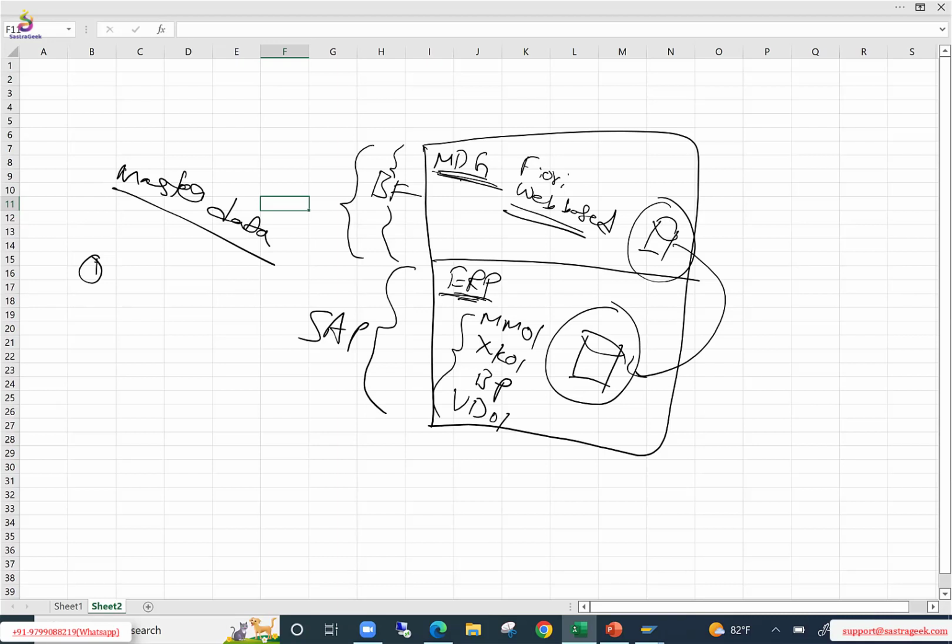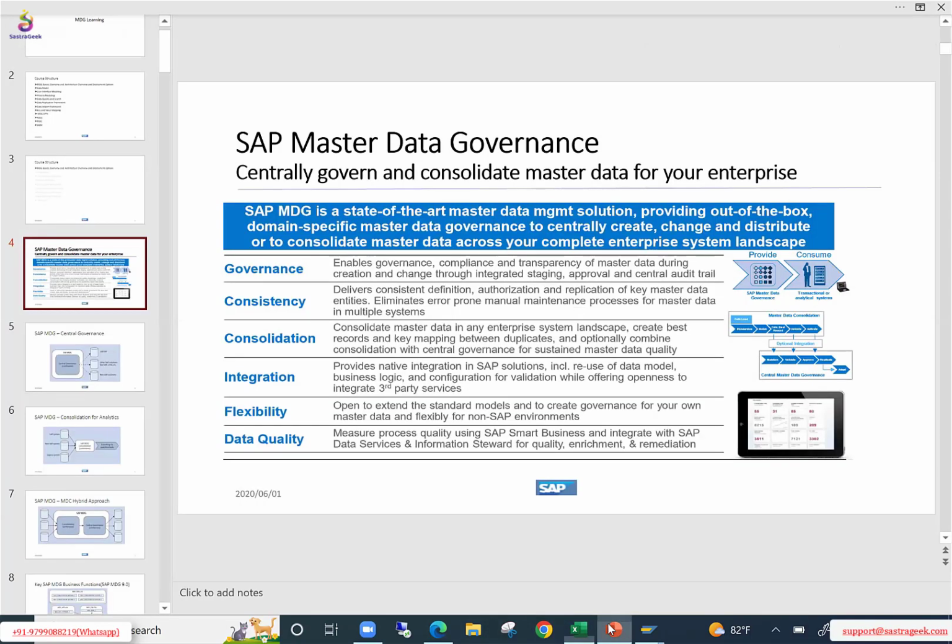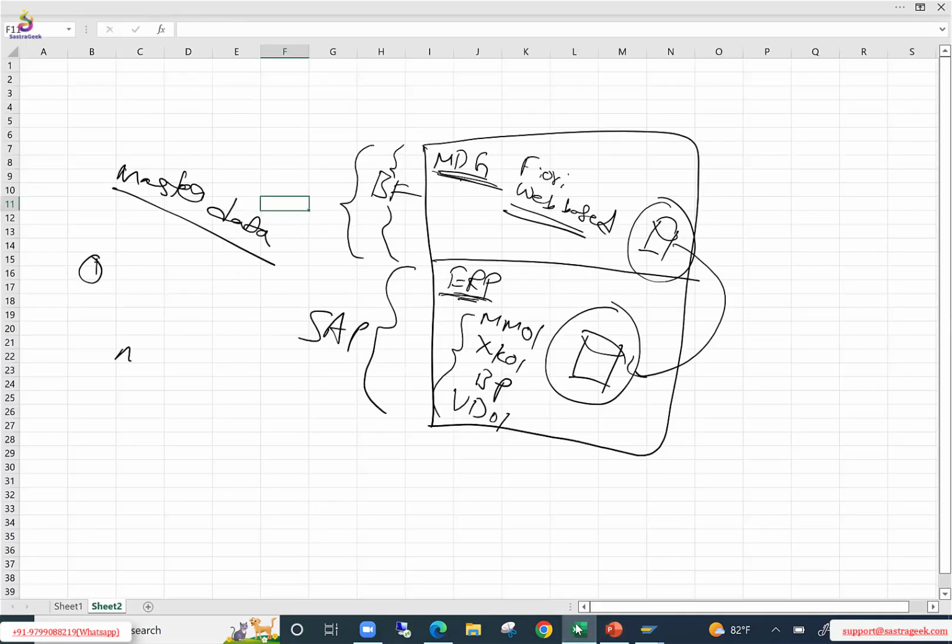Okay, so now, coming back to our topic. This is the definition of MDG. SAP MDG comes with a kind of framework where certain objects are already developed by SAP. All you need to do is, it's a kind of plug. I don't say it's plug and play. Once you install this MDG component, there are certain master data like business partners, material master, customers,